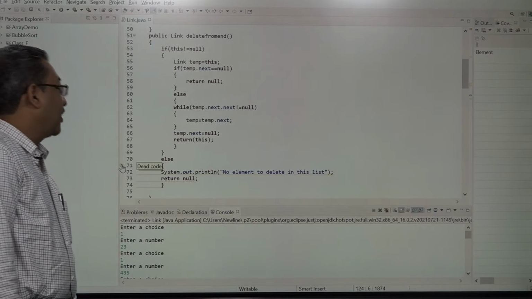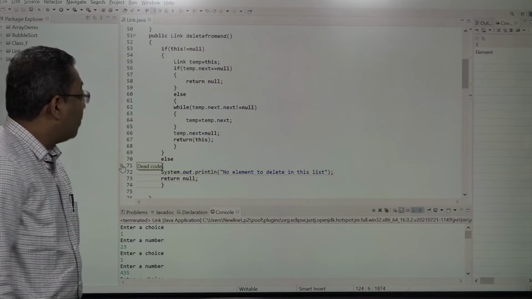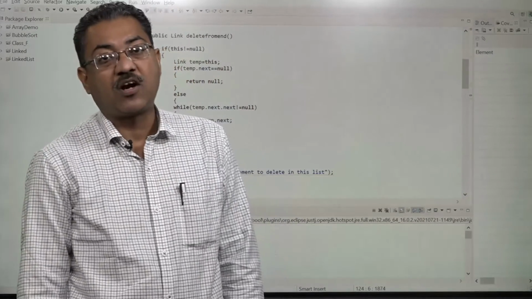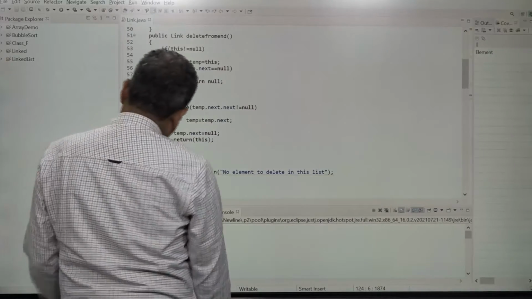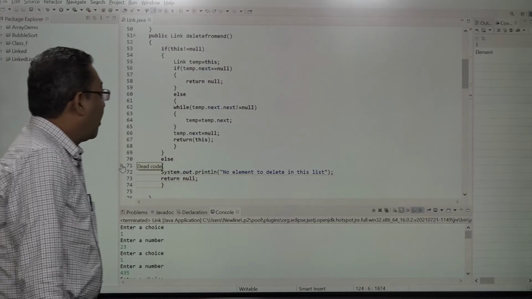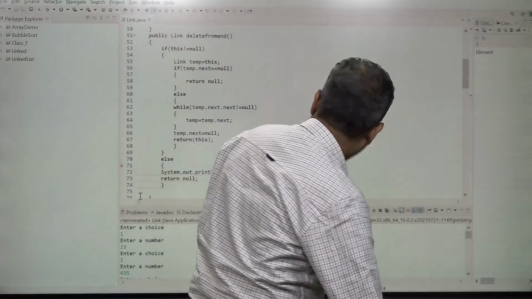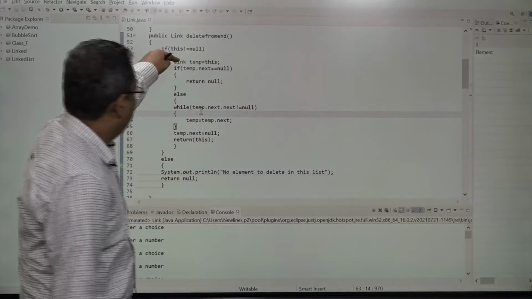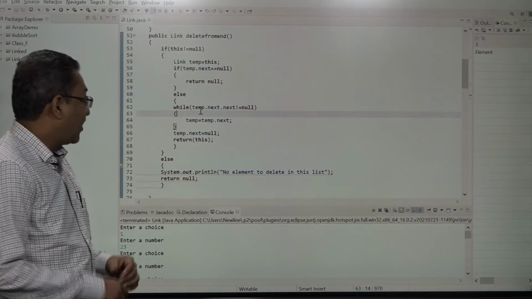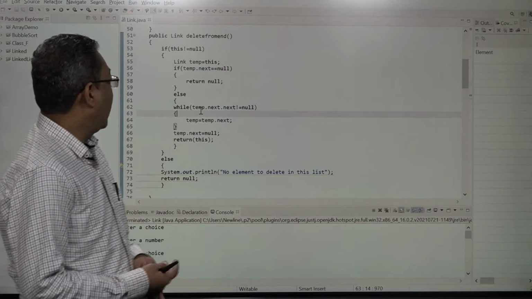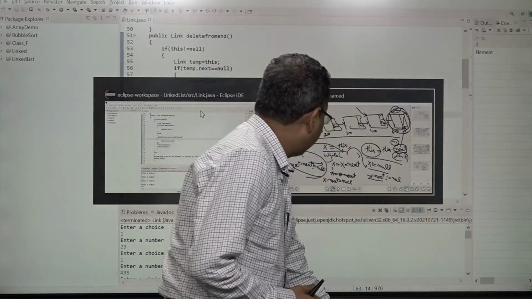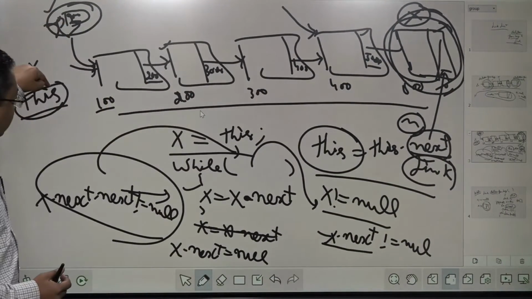This can be the concept in case you are using some other language where OOP concepts are not there, right? So for that you can keep it, but let's consider this. This is not equal to null, right? This condition will by default become true, at least in case of the invoking object. Then what are we doing? Link, we are creating another reference of link type named temp referring to this itself, right? This one,